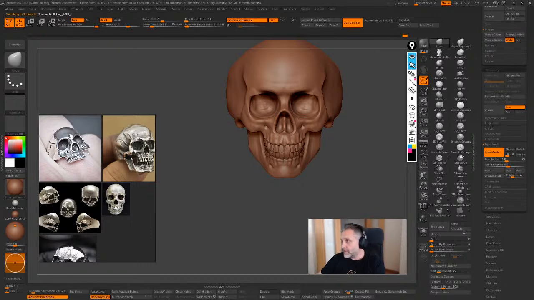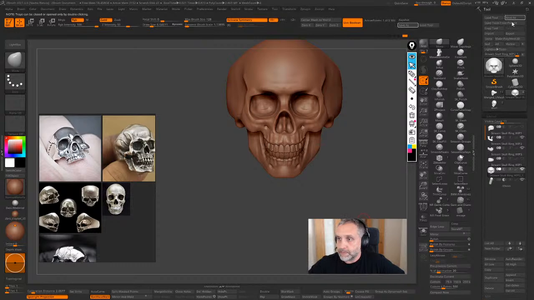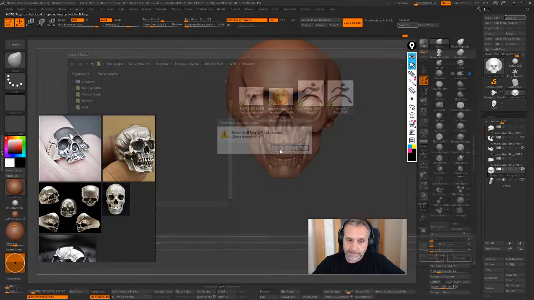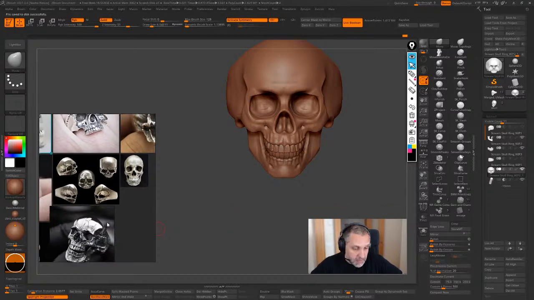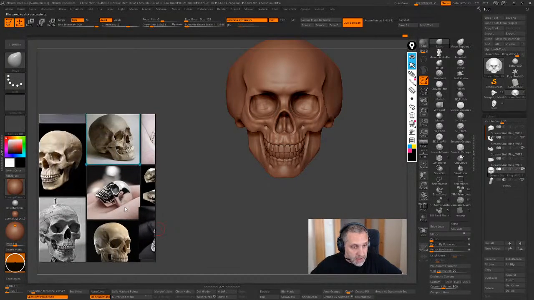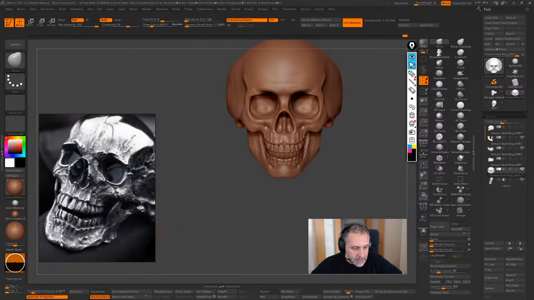Okay, maybe we are ready for more things to learn. I'm going to show you one method or one process. Here we don't have any example. Maybe this one looks like we are getting some kind of noisy surface or